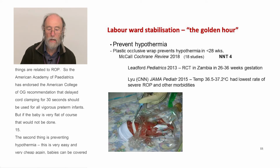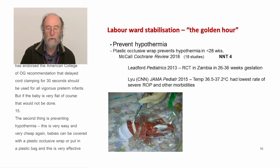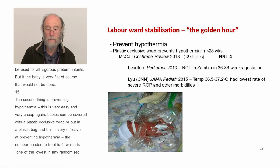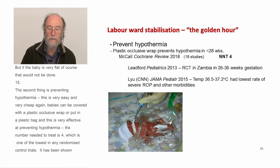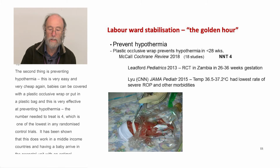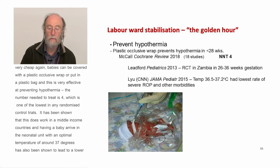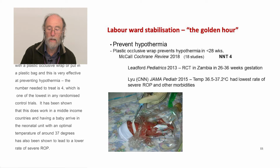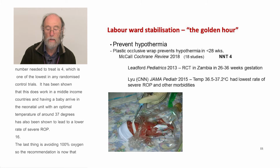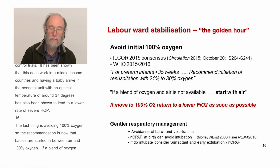The second thing is preventing hypothermia. This is very easy and very cheap again. Babies can be covered with a plastic occlusive wrap or put into a plastic bag, and this is very effective at preventing hypothermia. The number needed to treat is 4, which is one of the lowest in any randomized controlled trials of anything. It's been shown that this does work in middle income situation, and having a baby arrive in the neonatal unit with an optimal temperature around 37 degrees has also been shown to lead to a lower rate of severe ROP. The last thing is avoiding